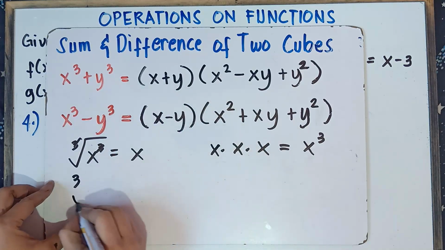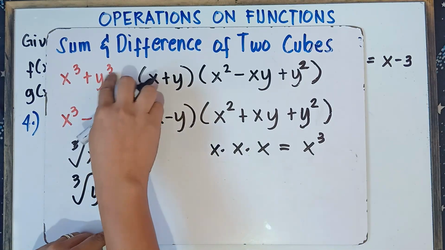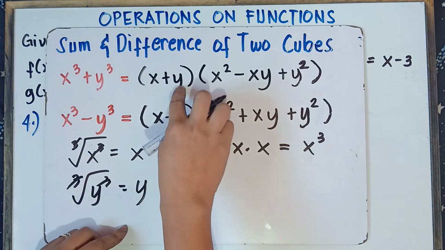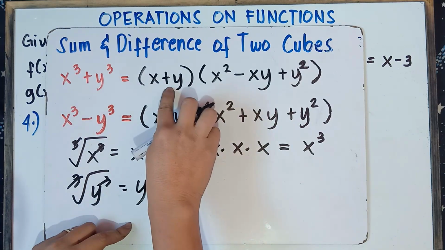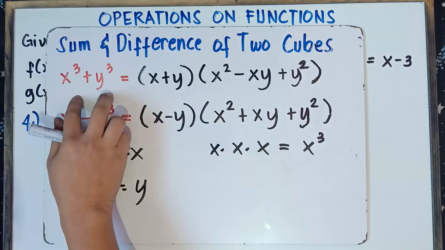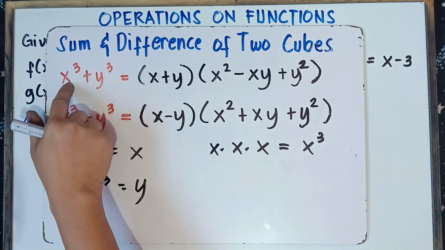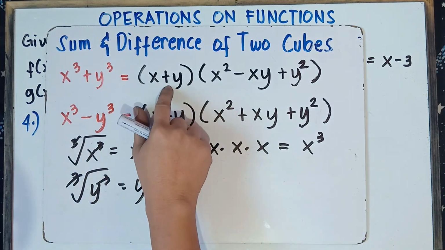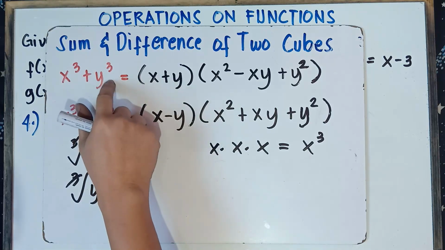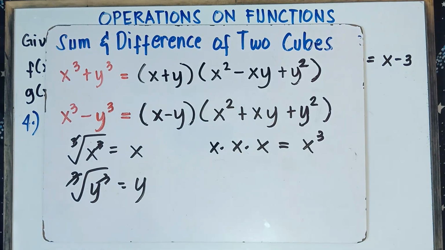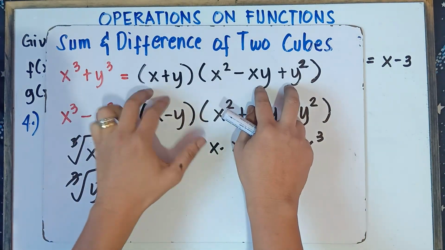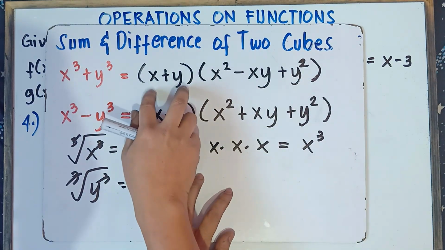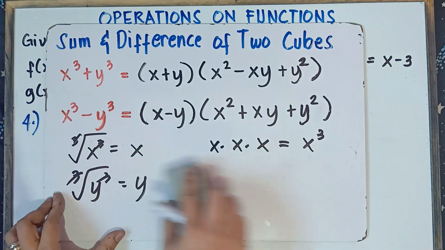And then simply get the cube root of the second term, the cube root of y cubed. Once again, our second term is y cubed. The cube root of y cubed, that would be y. That's why you have y, and then simply copy the plus sign. Once again, class, to get the factor, if you have sum of two cubes, get the cube root of the first term, the cube root of x cubed, that would be x. Simply copy the plus sign, get the cube root of the second term, the cube root of y cubed, that would be y. And then your second factor, class, you will base that on your first factor. Once again, class, your first factor will be your guide. So simply get the square of the first term.